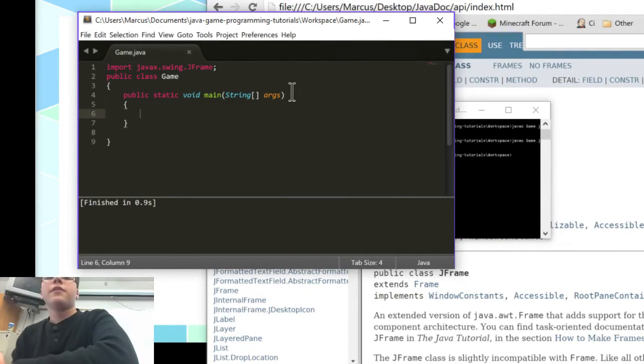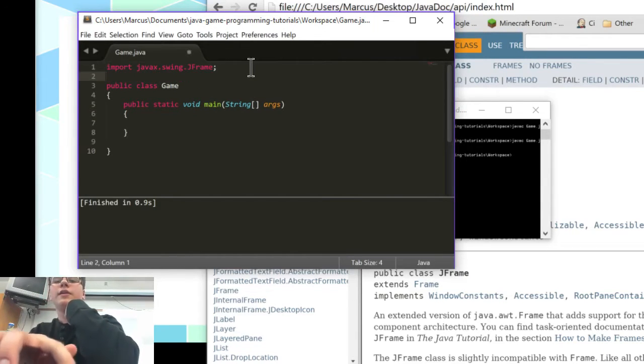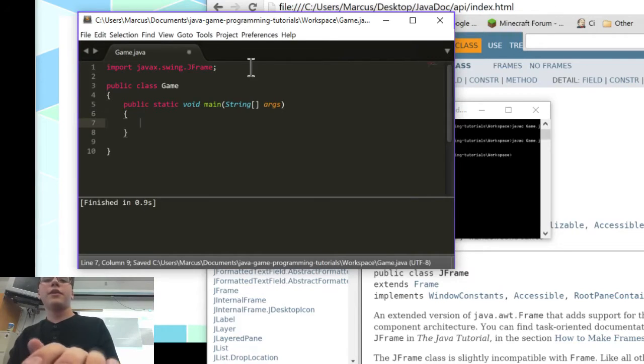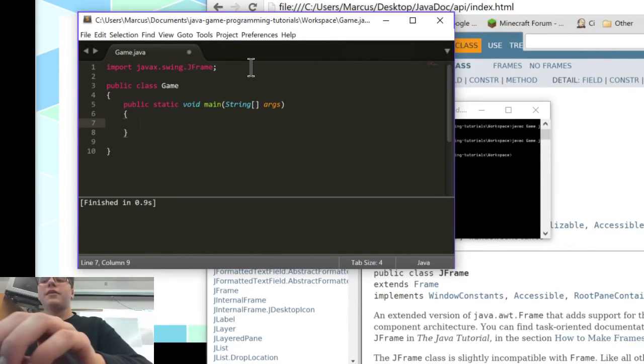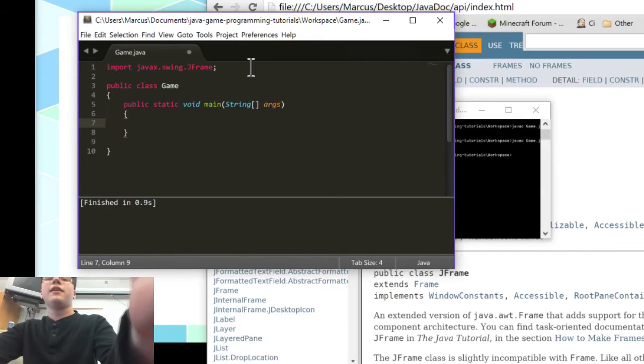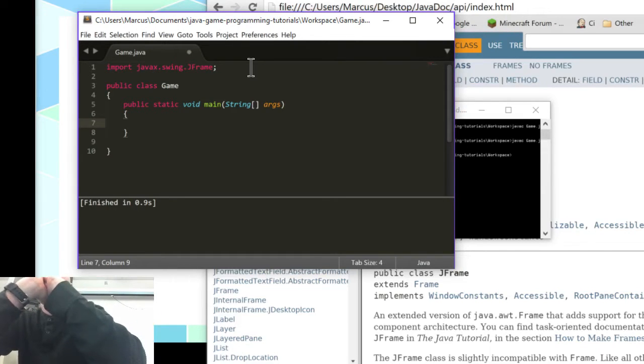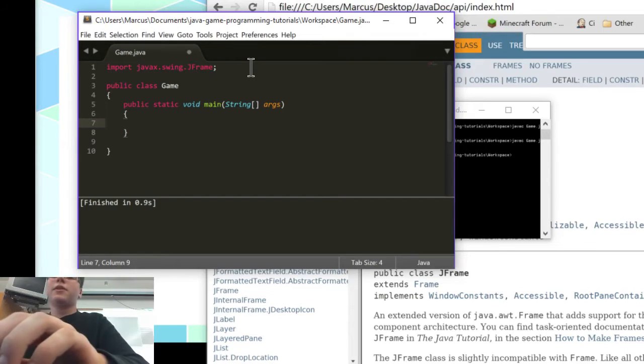Okay, so there's two things we could do here to create our JFrame object. We can either declare it within here. But to be honest, I want to keep everything outside of the main method because I don't want to make everything static. You guys haven't really learned what static means yet, but static pretty much means it's accessible by everything, I guess is an easy way to explain it initially. So we just want to create a new game, and that's it.